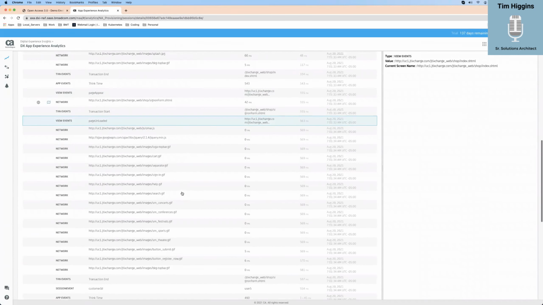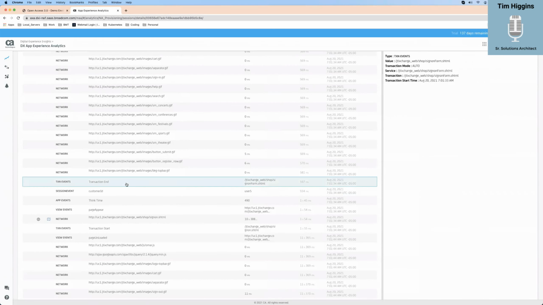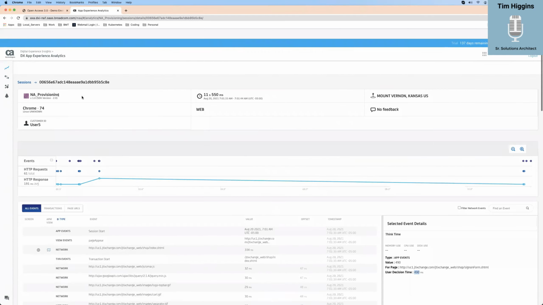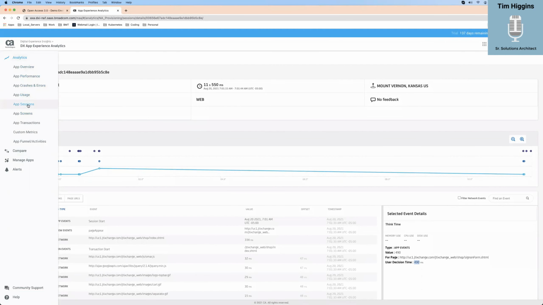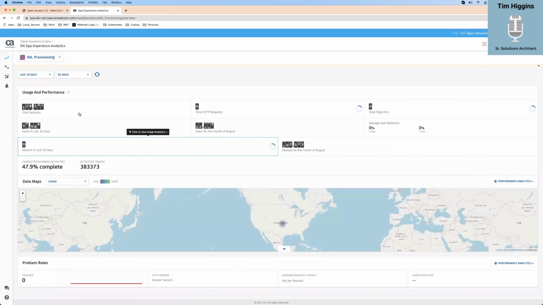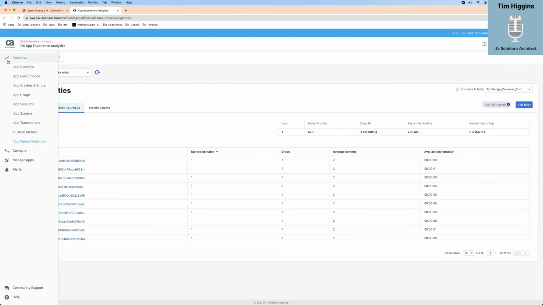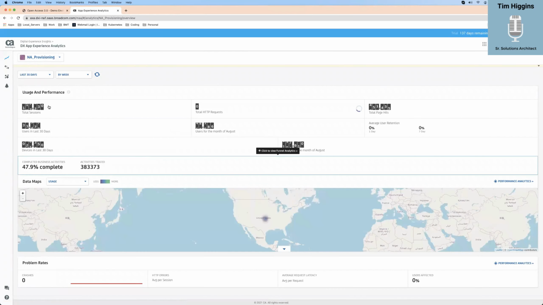I'm trying to see if there's anything different. Those are images, transaction ended, think time, so there was a think time in the code for 490 milliseconds. So there's a lot of good information you can get right here within this session window. And if you notice, I am there, right? You could have started from here to get there. So again, if I click on that, if I clicked here, this is going to take me to my journey. Okay. That's a quick way to get there.